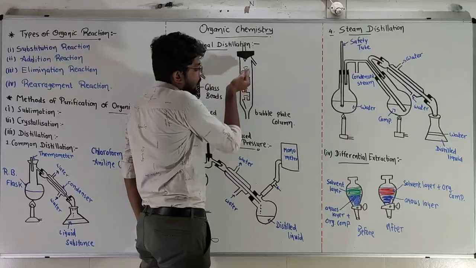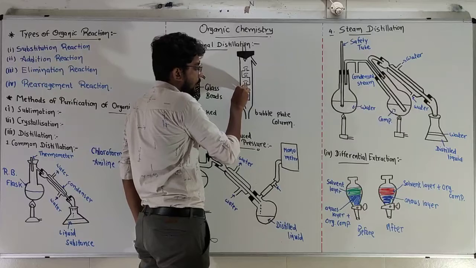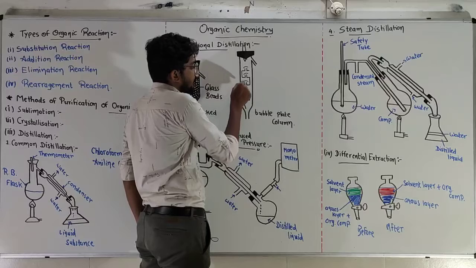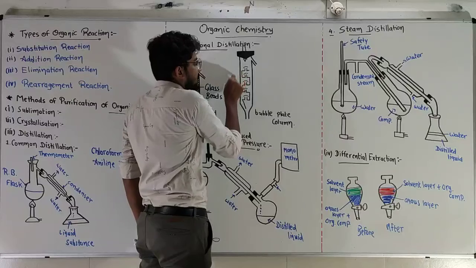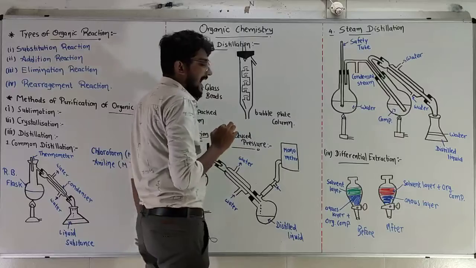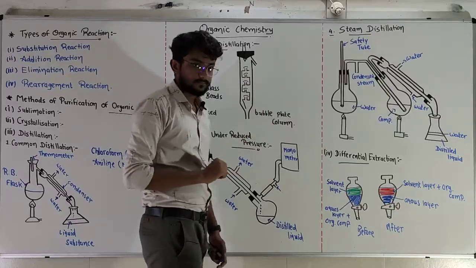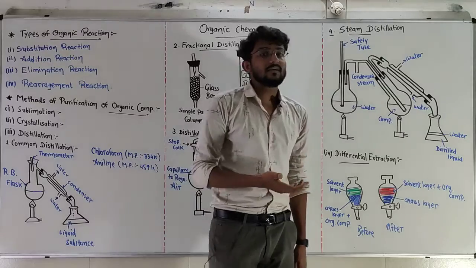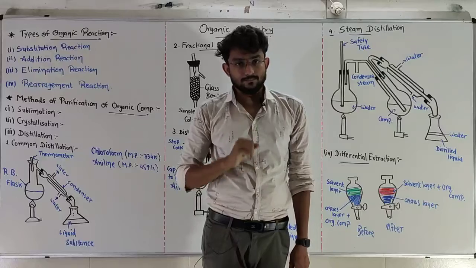Other vapor substances will go upside, another substance will be cooled down over here, with the next highest boiling point. After that, the one with less than this will liquefy over here, and the one with less than this will liquefy over here. So turn by turn this is going to happen, and after that natural gas will be removed from here. This is called a bubble plate column. In reality there will be hundreds of bubble plates in the fractional distillation column.